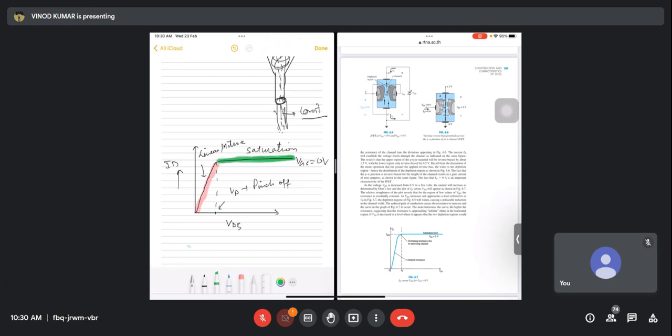Understand this point now, why this is moving into saturation and this is moving into pinch off, and this current at which this is becoming constant, it is IDSS,